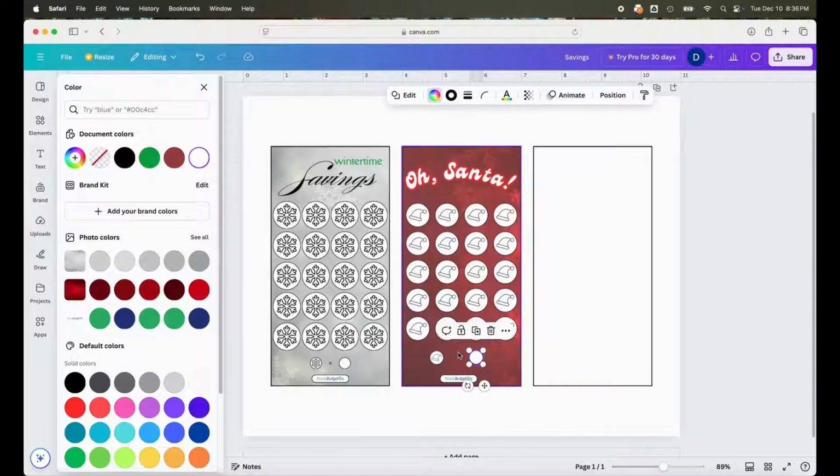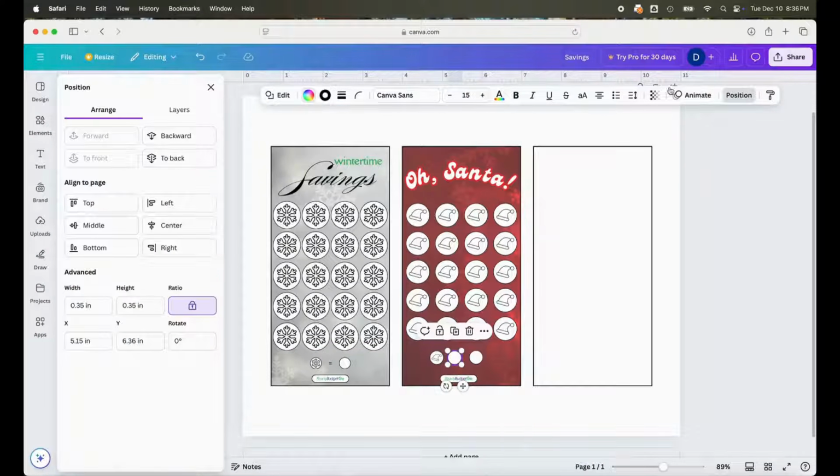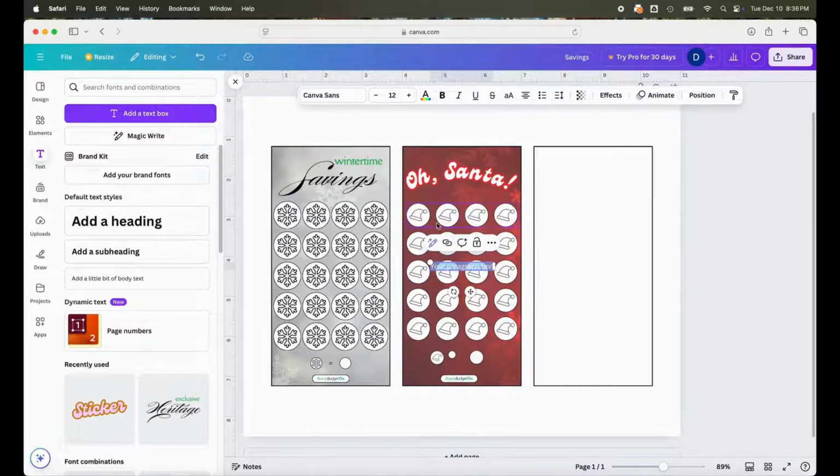It's part of experimentation. Things will take longer when you are new. And I've been using Canva now for, I don't know, almost a year, and I'm still learning. So there's always things to be learned every single day. So now what I'm doing is I am creating another little box, an even smaller box or circle, to put my equal sign in,